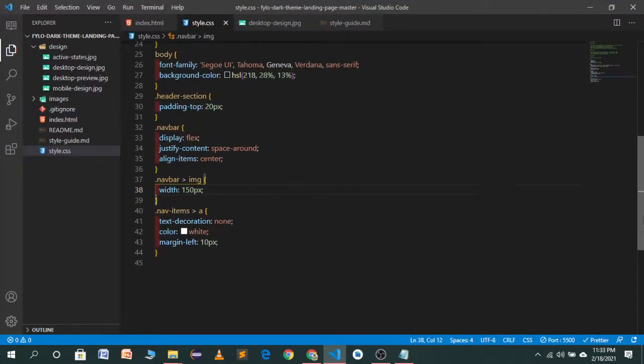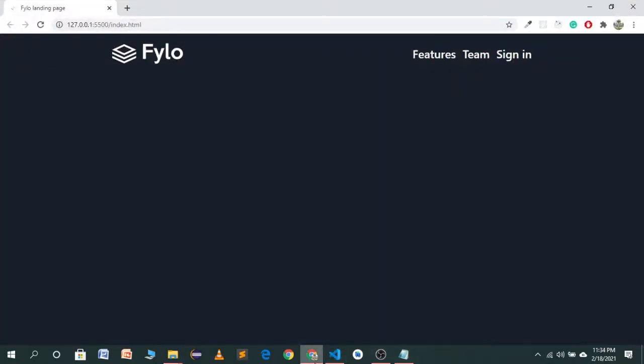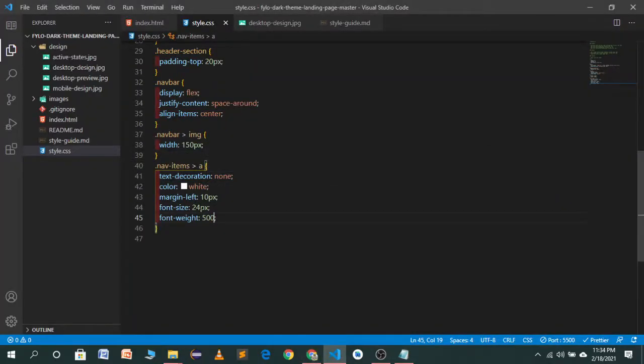Now we have to target our A tags, which are nav items, and give them a font size of 24 pixel, font weight of 500. Let's see how it looks. Now the font size is maybe greater.